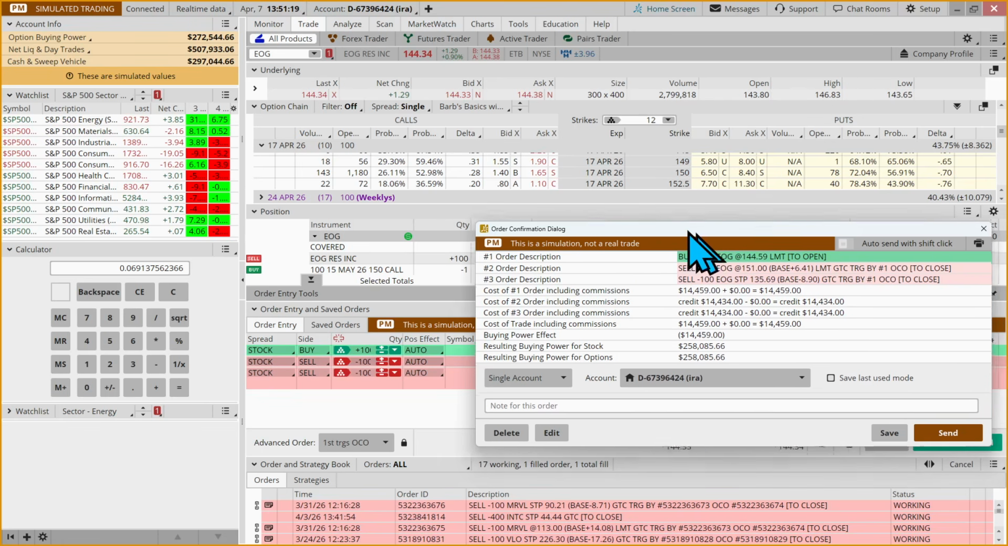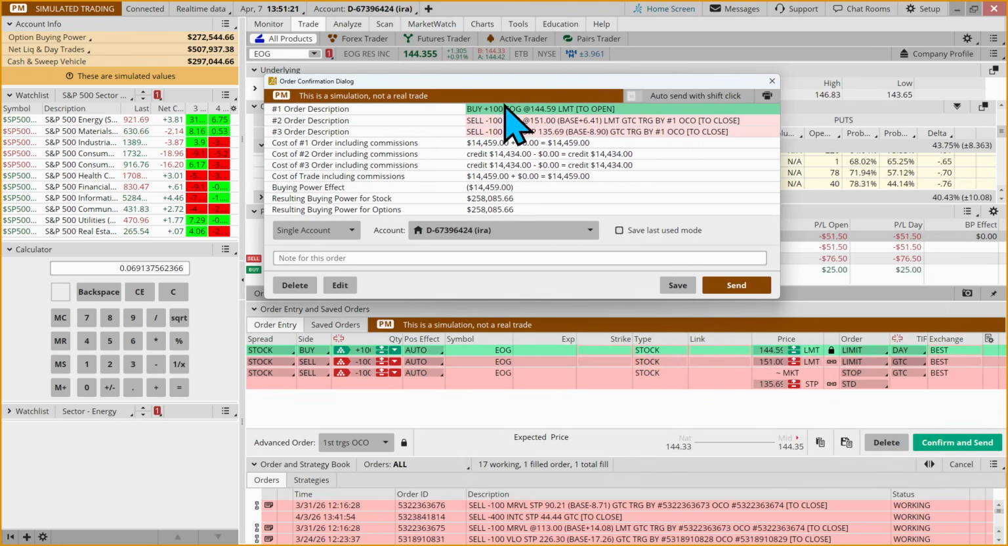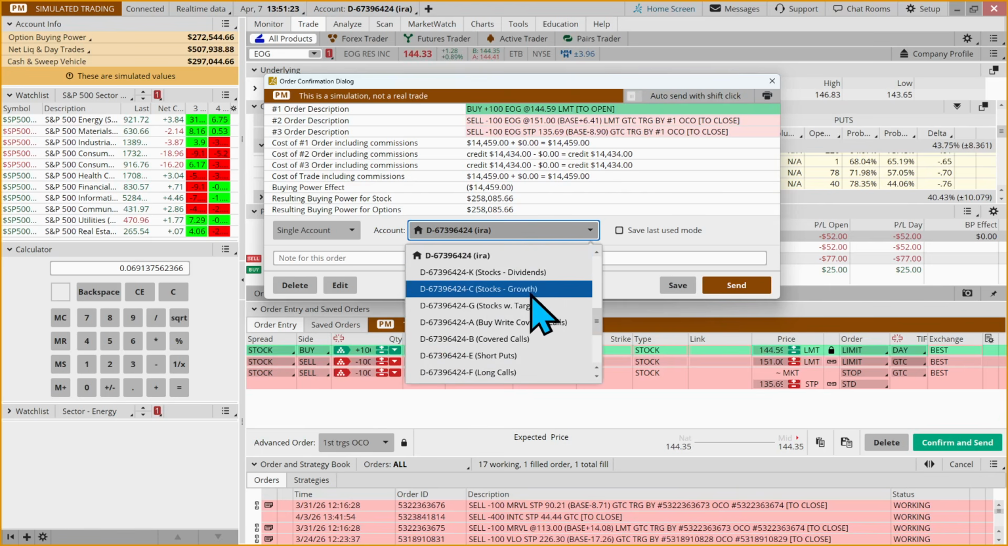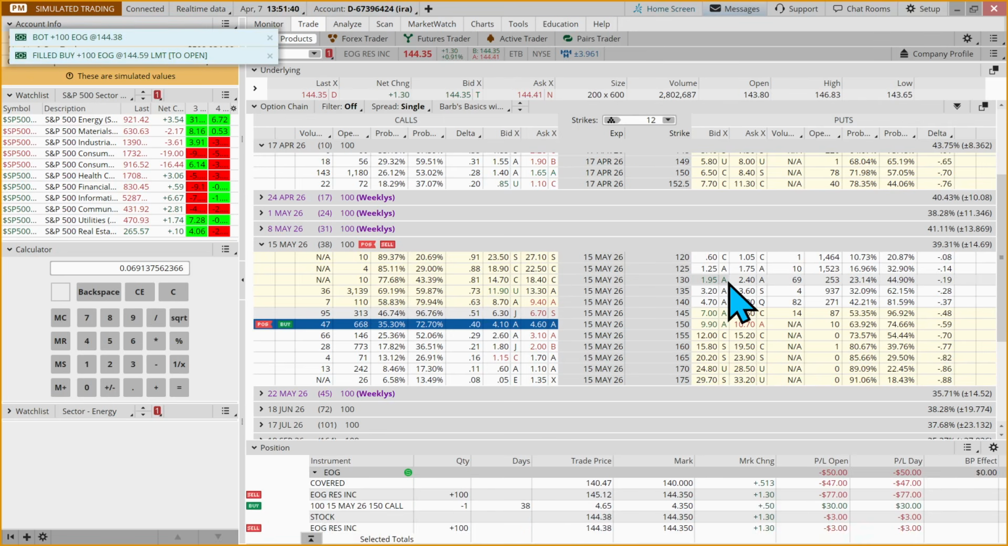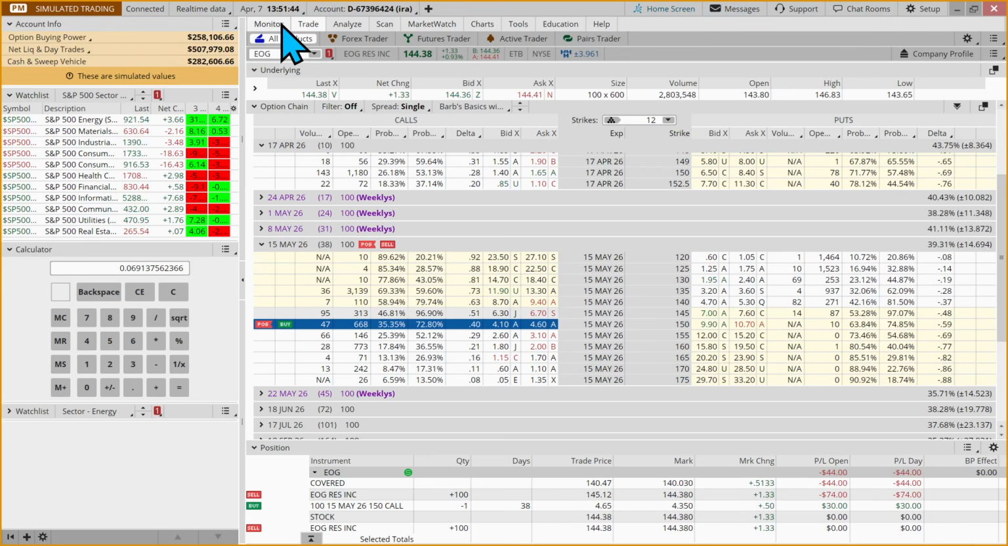Confirm and send. And then when I get in here, I'm going to put this in a group for stocks with targets, and I'm going to put a note in here that this is a swing target. So I'm just trading it up to the previous high. So there's our target at 151. There's our exit. And I'm going to hit send. Now that has filled. When I come to the monitor tab,